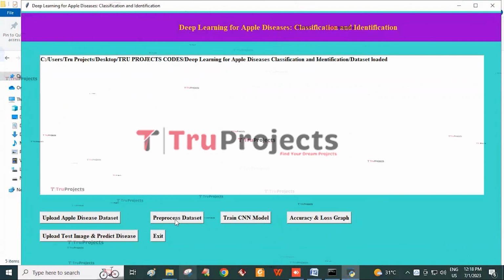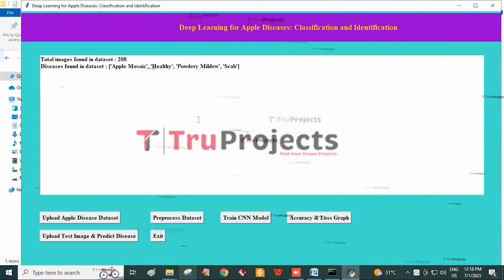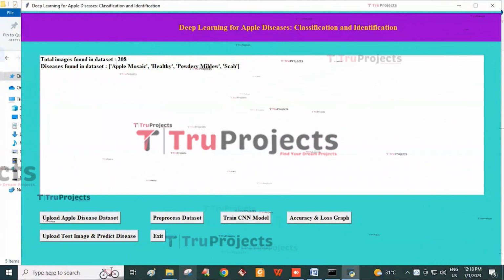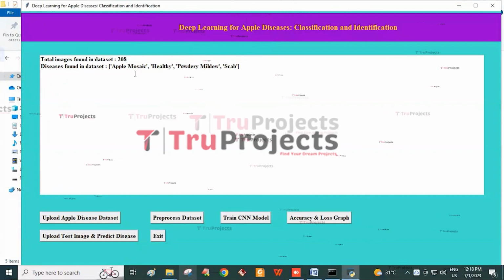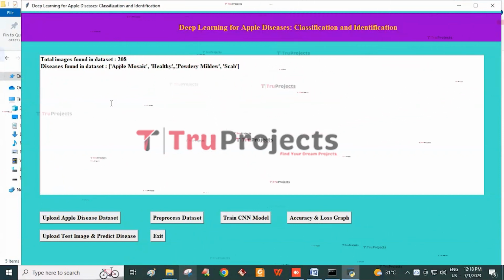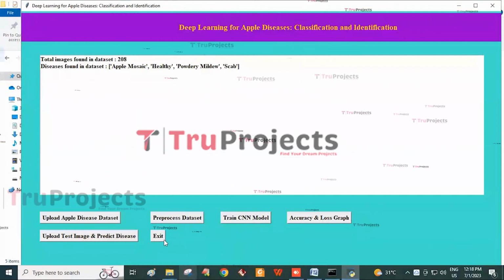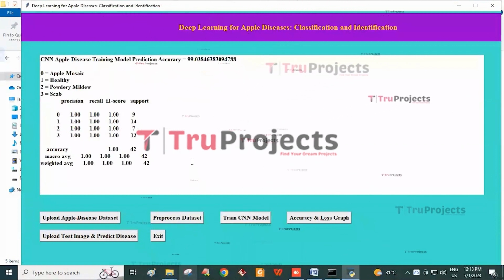and click on the pre-process dataset button. Here it is used to normalize and resize all the images within the dataset. Here it shows the total images found in the dataset is 208, and the dataset contains images of 4 different diseases: apple mosaic, healthy, powdery mildew and scab. Here the dataset is ready, and now click on the Train CNN Model button to train the CNN with the above